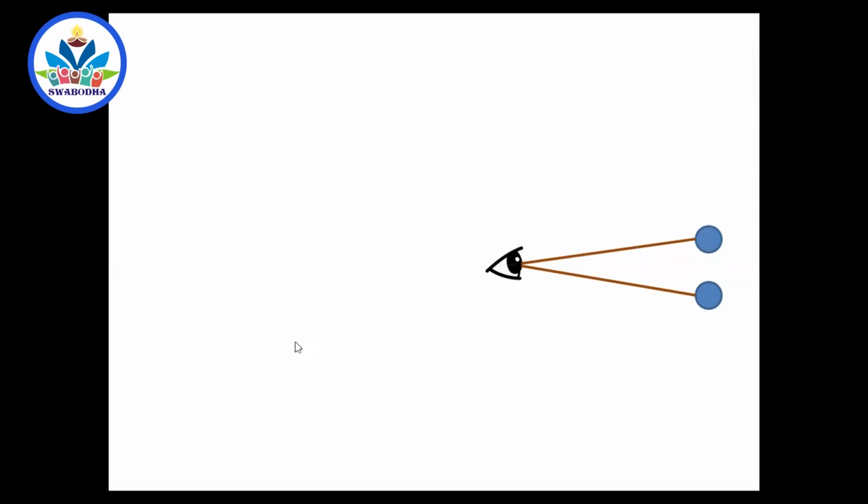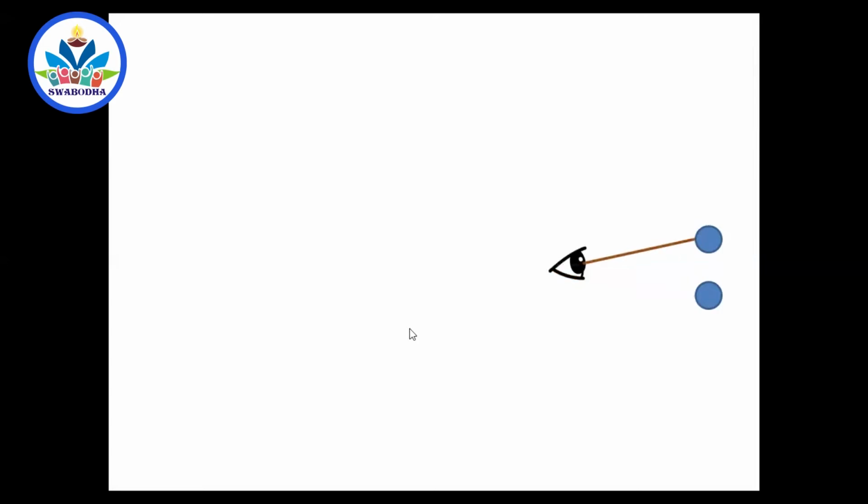So that is very much needed for your eye, because the eye also has some limitations. As you go closer and closer, you get more and more angle subtended by the two objects at the eye. This is what you call the angle subtended at the eye. So if you are observing two stars, how much angle they will subtend, and if this is the width of the central maximum, how much angle it will subtend at the eye.